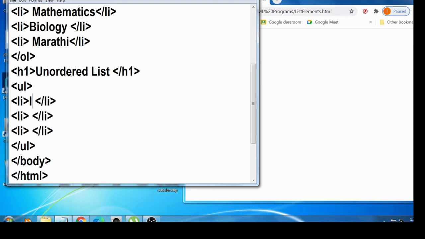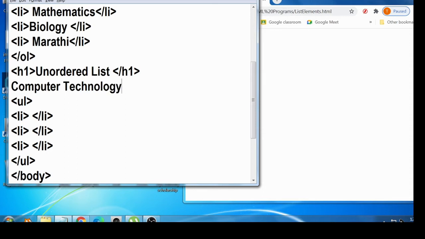I enter here simple computer technology and first list item is computer network, that is a subject related to computer technology, computer networking.